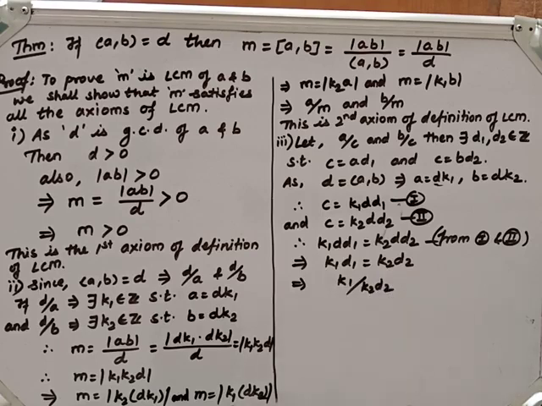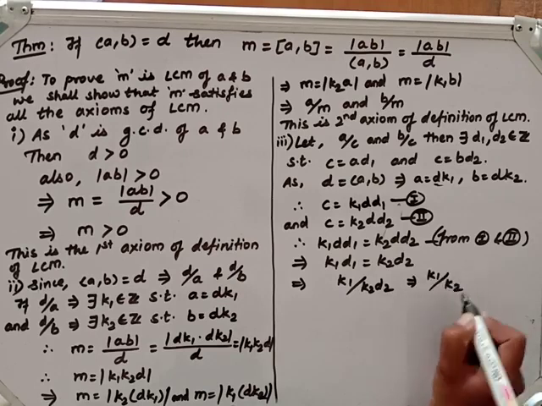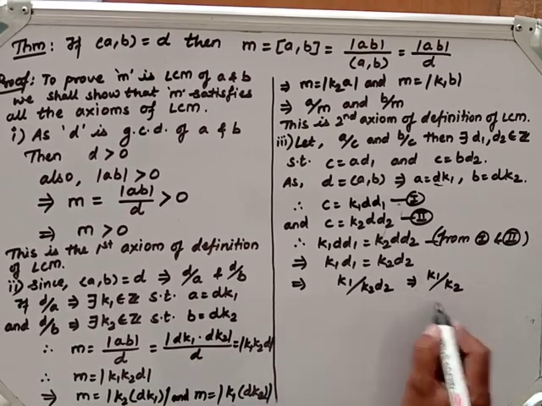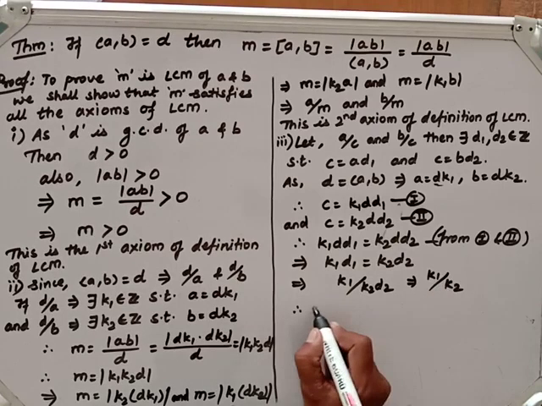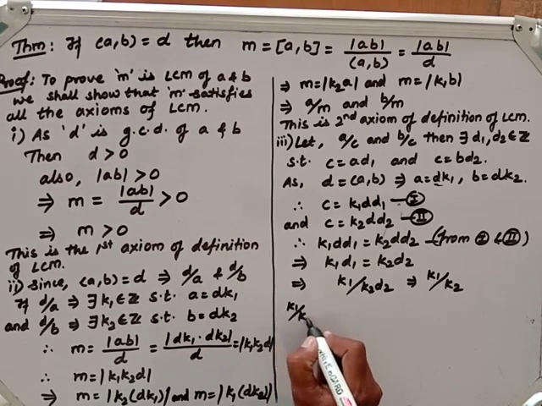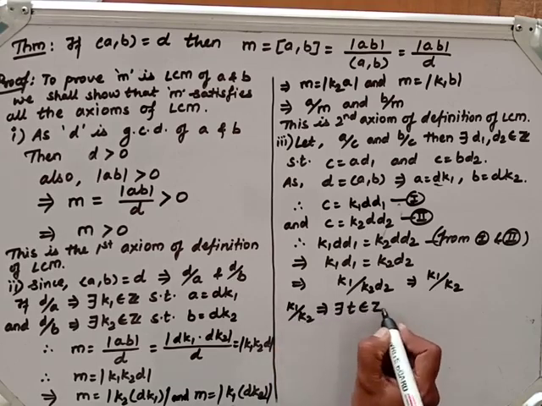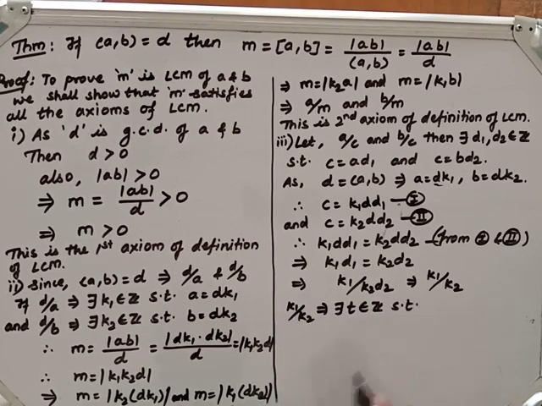And that is same as to say K1 divides K2. As K1 divides K2, so what does this imply? There exists some T belongs to Z such that